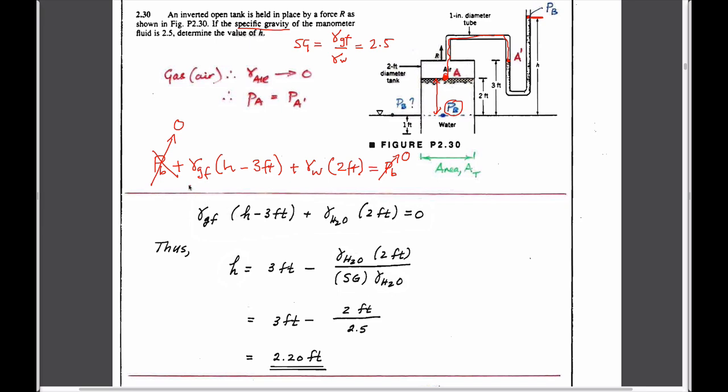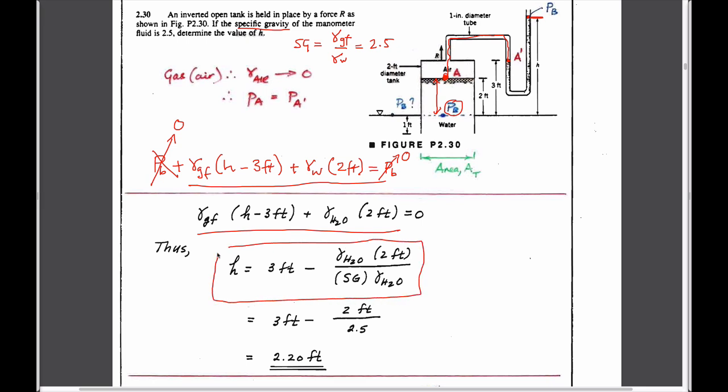So this expression that we have here is exactly the same as this. And if we rearrange this expression here in terms of densities of water and unit weights of water and specific gravities, we get this. We know what the specific gravity is, which is 2.5,